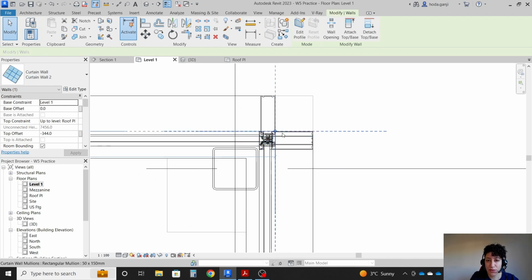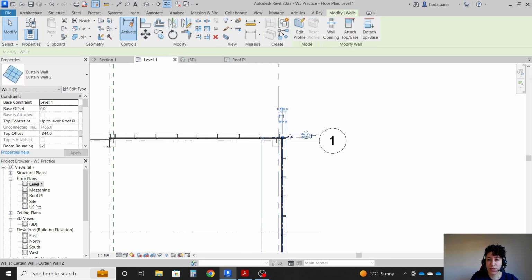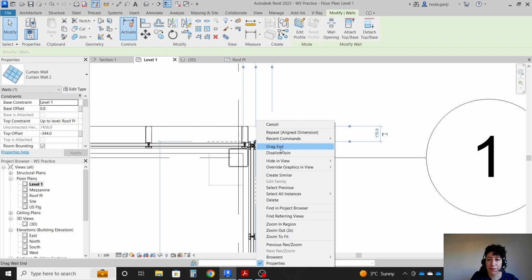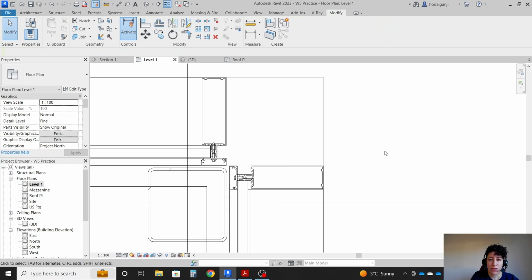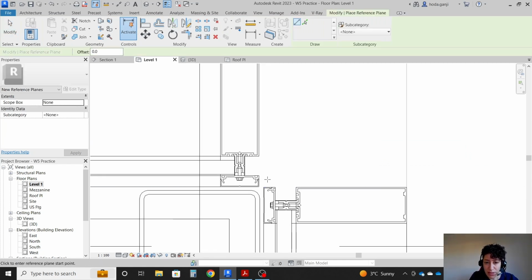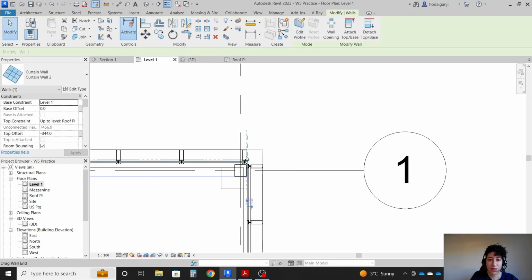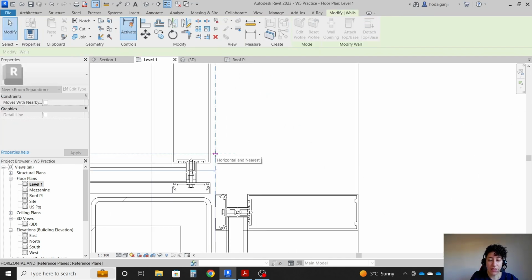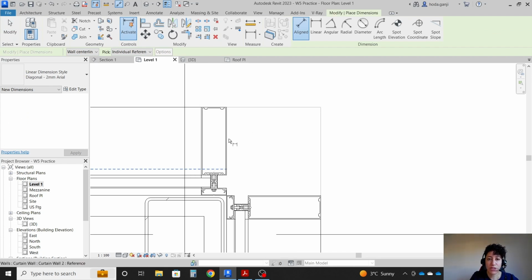So I want to disallow join, move this inside the other side. So make sure that you select the whole curtain wall, right click, disallow join, move that inside. So I want to draw my short reference plane here too, just to make sure that this other side ends exactly right there. Hit tab, select the reference plane, get rid of it, dimension, just double checking, hit tab for dimension, 242, hit tab,